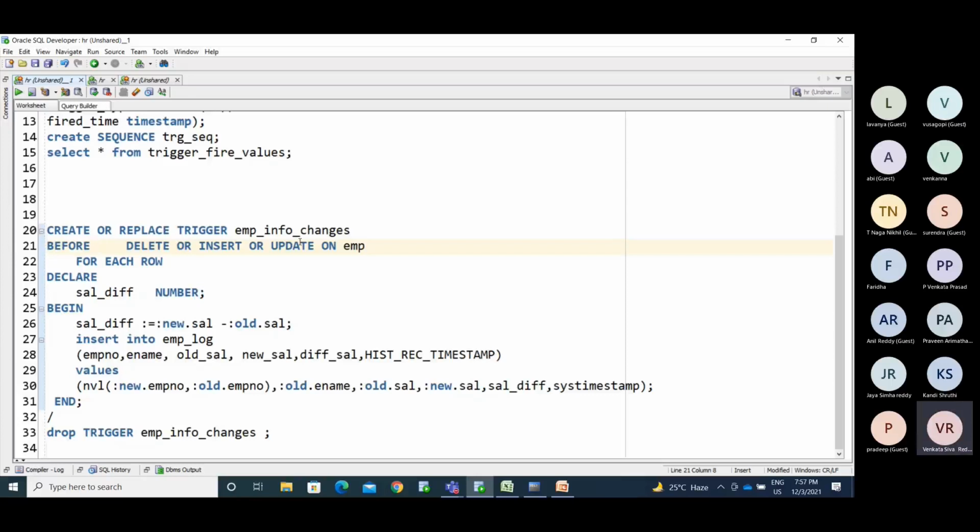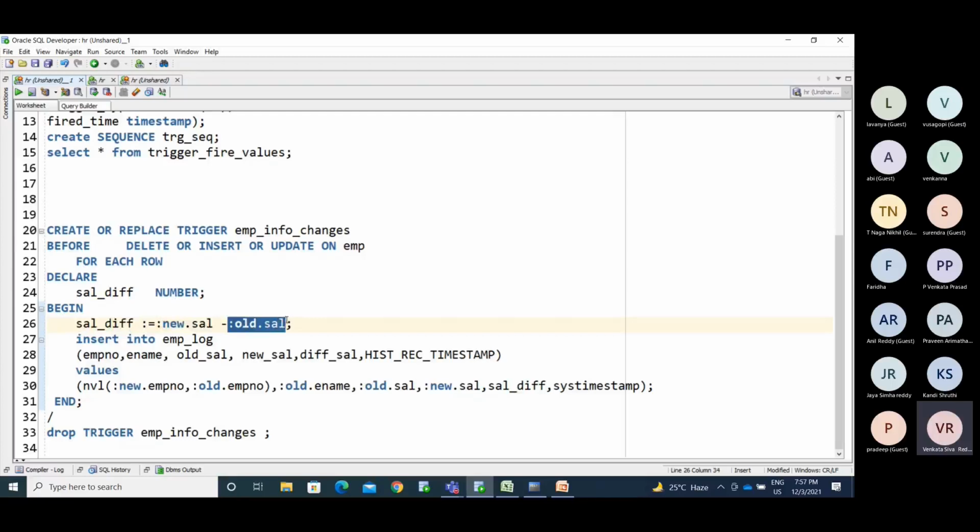Whatever DML operations you perform on the EMP table, prior to that I'm checking some values. For each row means it's a row level trigger. I declare the variable sal underscore difference as number. This is a variable. Now I am saying sal difference equal to new sal minus old sal.